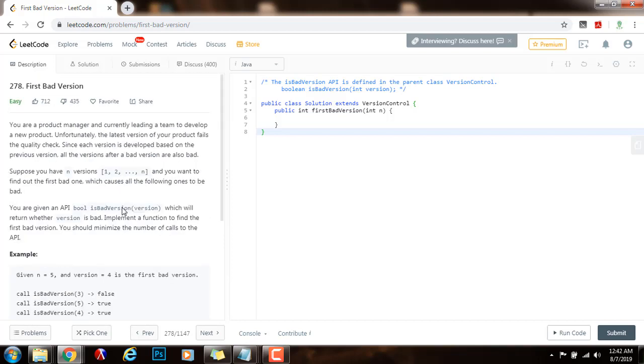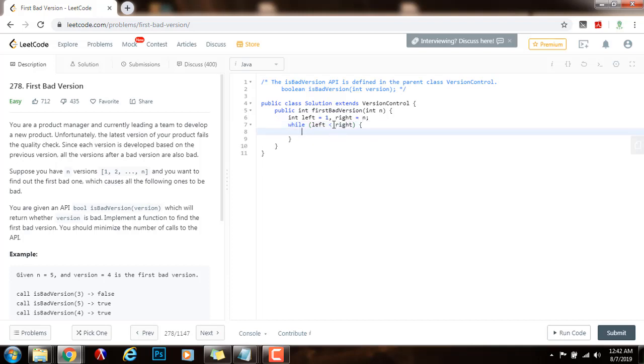So without further ado, I'm going to show you how to write the code. First, the first element is 1. So my left is going to be initialized to 1, and the last element is n. So right gets a value of n. Then I will have a loop. So while left is less than right,